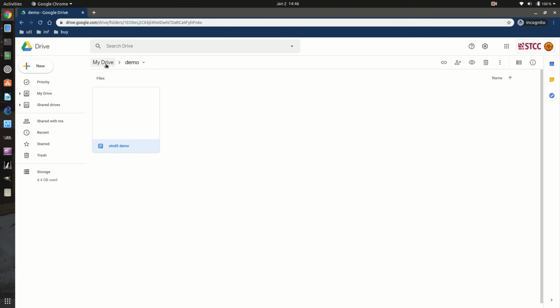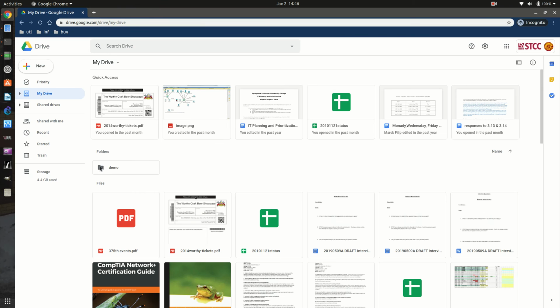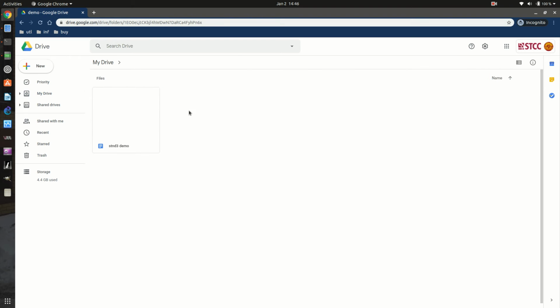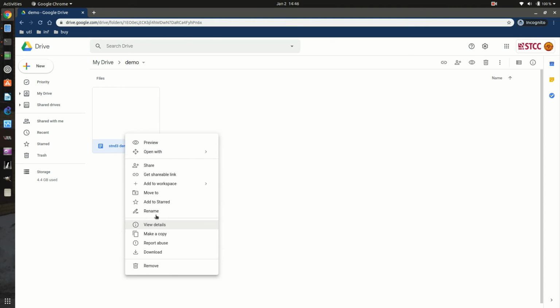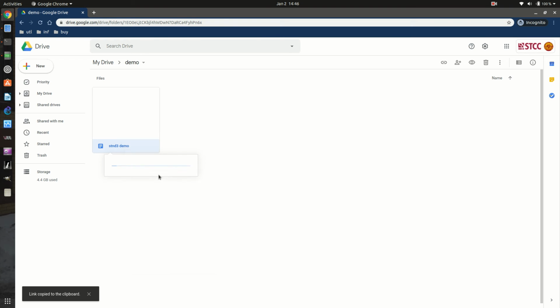Now, that's kind of all there is to Google Docs. Again, it's in that folder demo. That's why I'm just showing it. So it's My Drive demo. Now, the fun thing I can do with this is I can right click on it and get a shareable link. So if I select that,